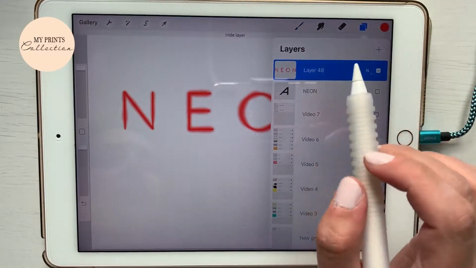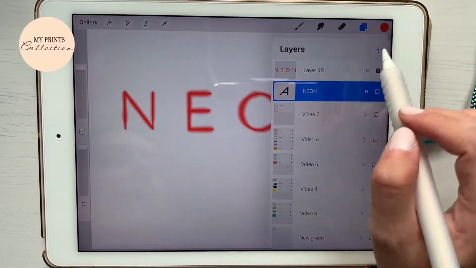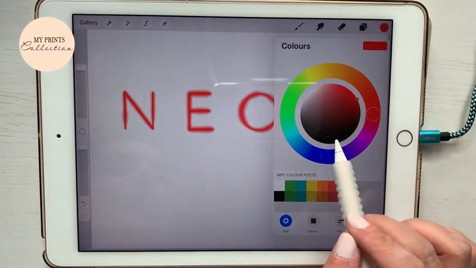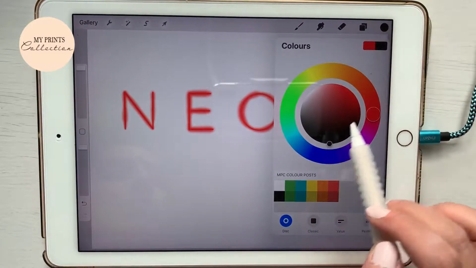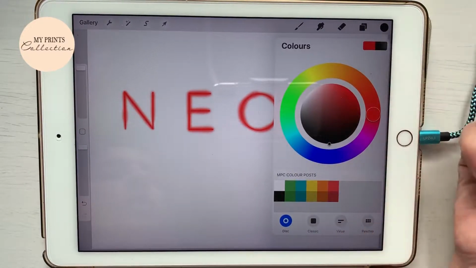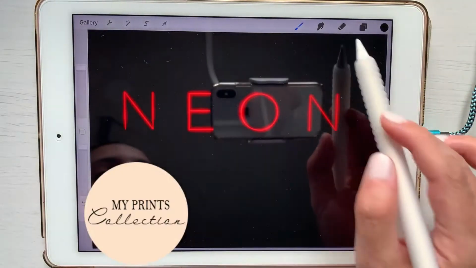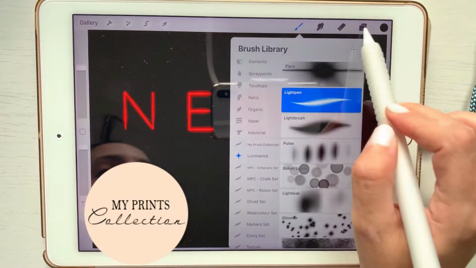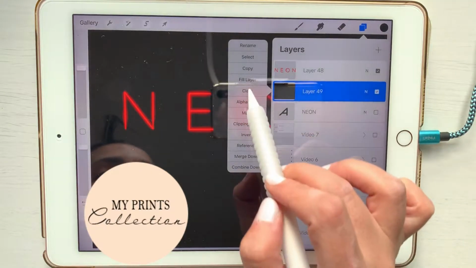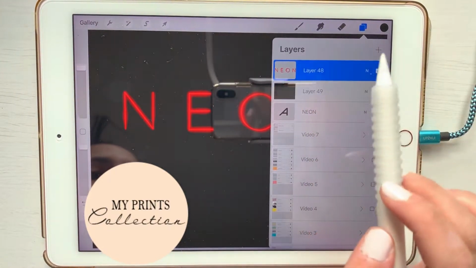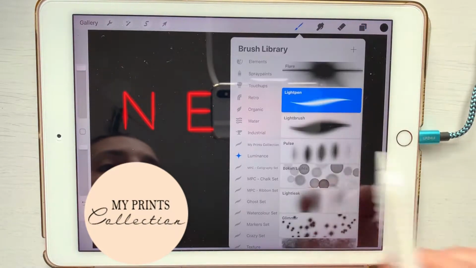Let me turn this off. And I'm gonna add a layer under my lettering, and let's add some cool black background. So to color the background, you can drag the color, or if you want, you go to the layer, you click here and you click fill layer. So now that we have the word neon ready,